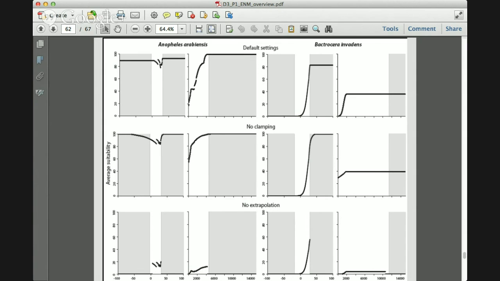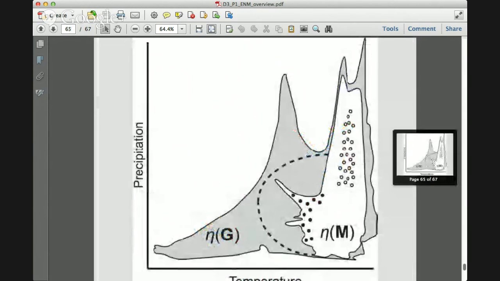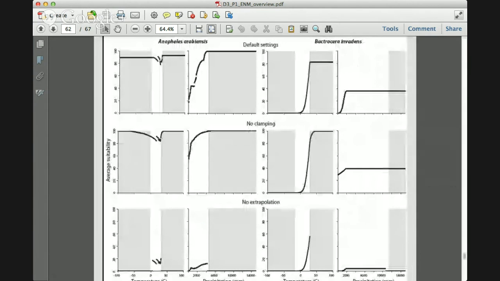So this is just an illustration, same sort of visualization, where we have temperature and precipitation along the x-axis. The conditions represented within the M area are shown in the white regions, and the extrapolative regions are shown in gray. What I want you to notice, look at the upper left graph, is that we have Anopheles arabiensis responding